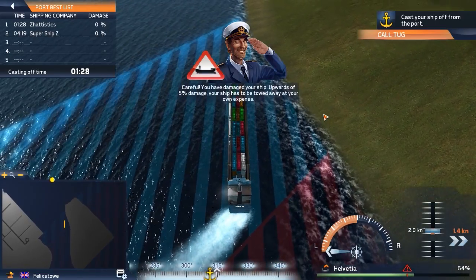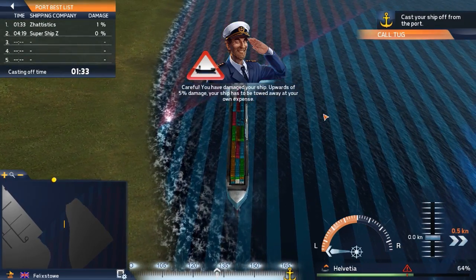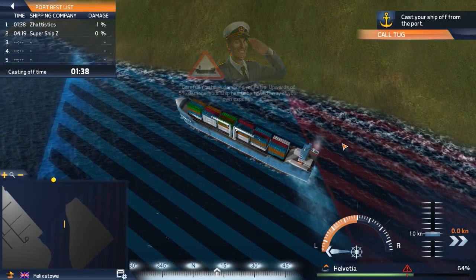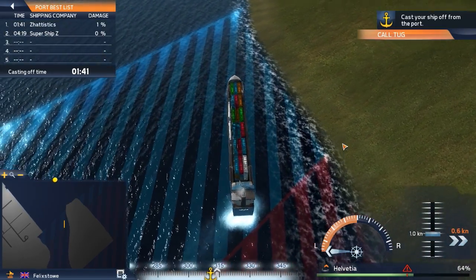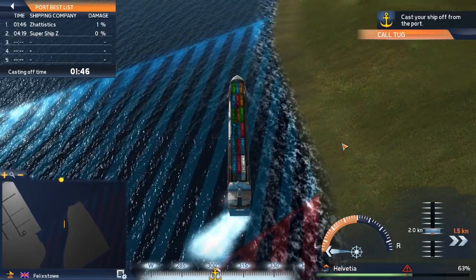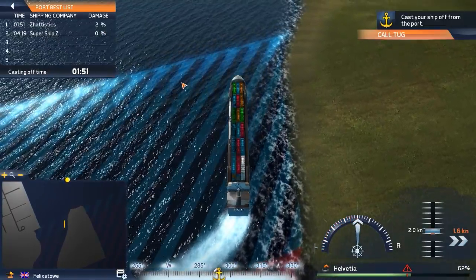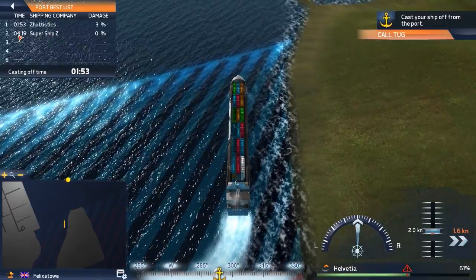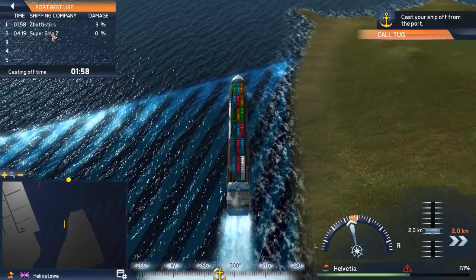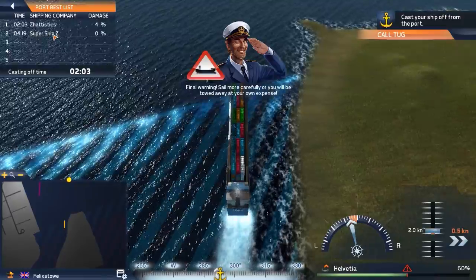You can do it, little ship. What? What? Oh, I'm hitting the ground. I didn't think that was a thing. Can we squeeze by? We should be clearing it. No, no. 1% damage. Super Ship Z. This was a... Oh, okay. These are my times. 3% damage. What was it? If it goes 5%...